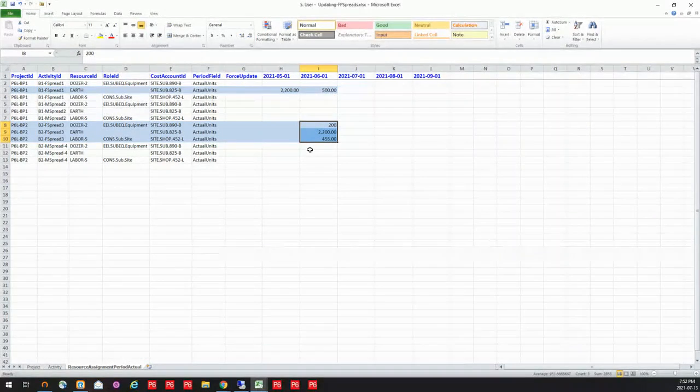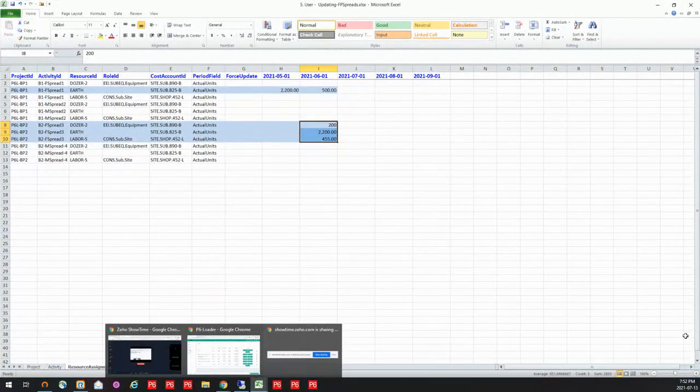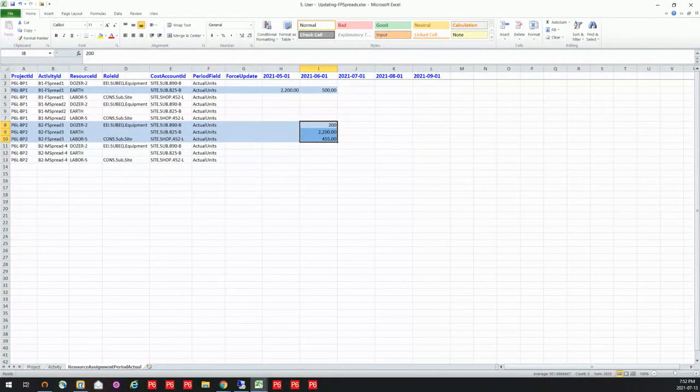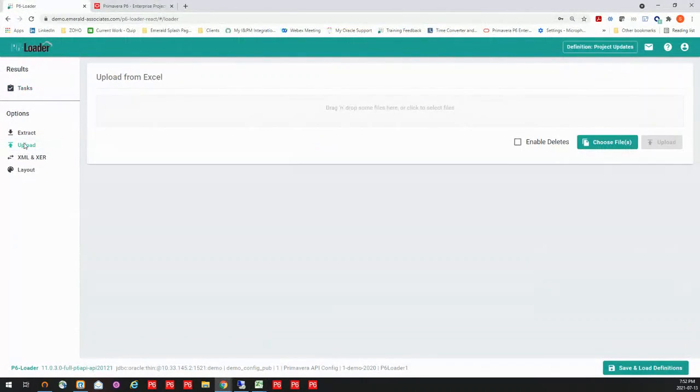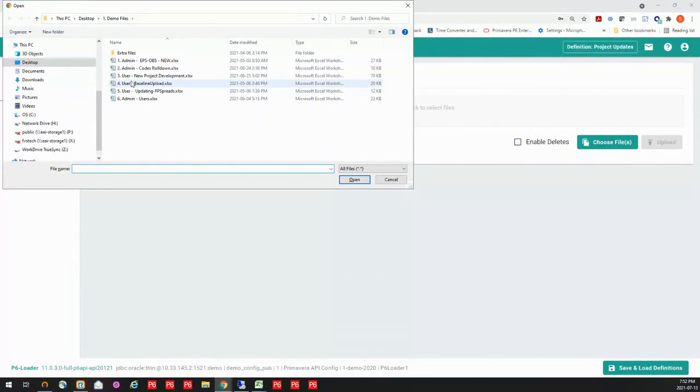So we have the ability to do that with P6-Loader. So you can do that bucket. You can also plan it with bucket in your buckets also. So I'm going to go ahead and upload this update with P6-Loader. I'm going to go to my upload again. I'm going to update these